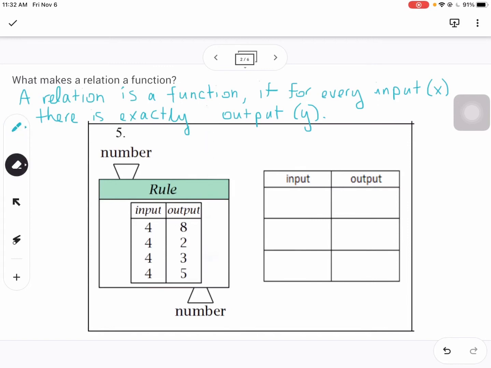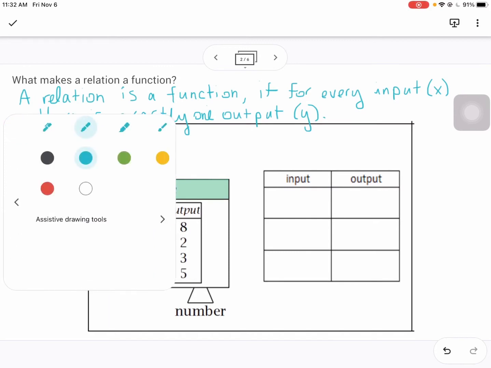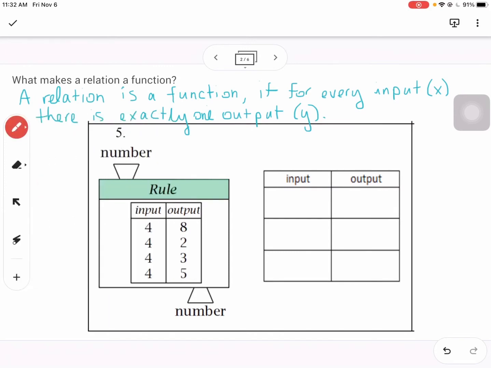I'm actually going to write this word out. One output y. So every time you input something for your x, you're expecting to get exactly the same output